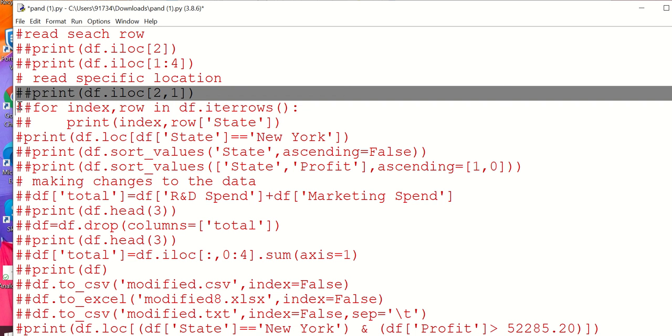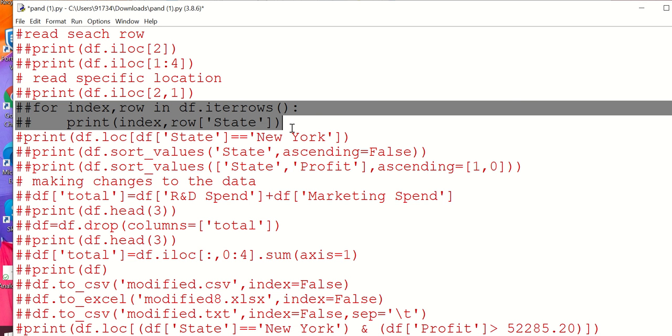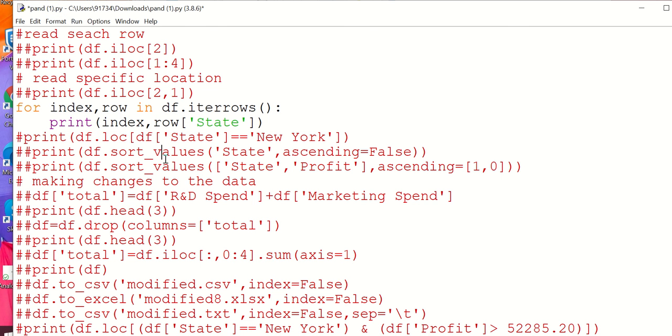Now we can also iterate things in this way. Index comma row, we can provide the index. See, df.iterrows. From the rows we can pick the state, and we can write down the index of that and print it.